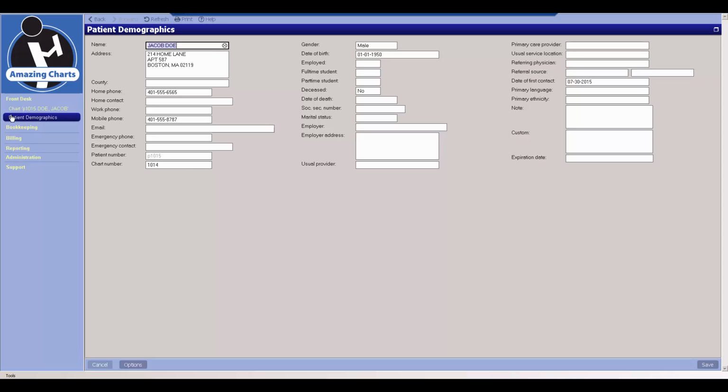So you'll now see I'm in the patient demographic screen. And let's say, for example, I wanted to now add a work phone number for him. I could do that from here. And then if I wanted to maybe add a note over here on the right,